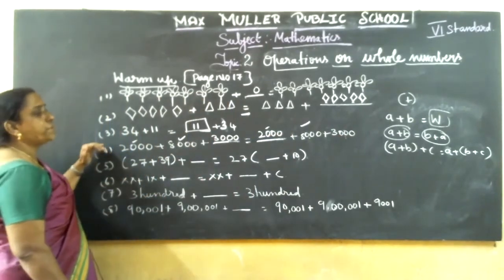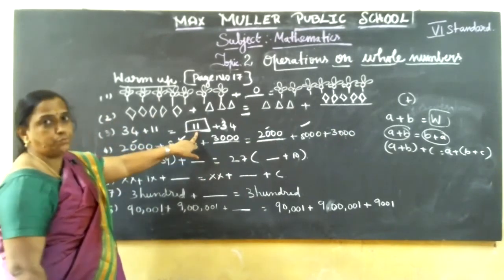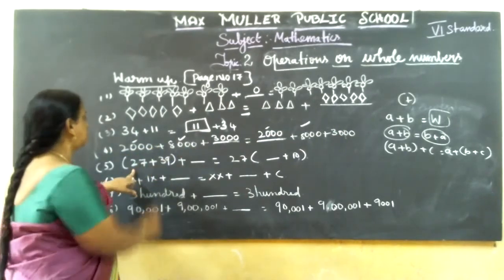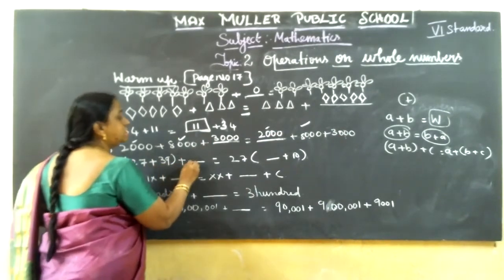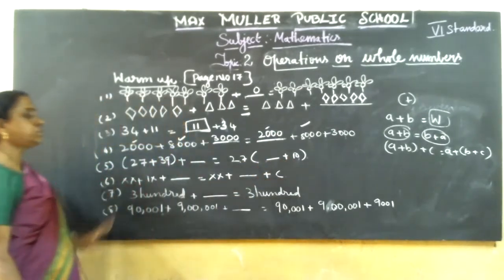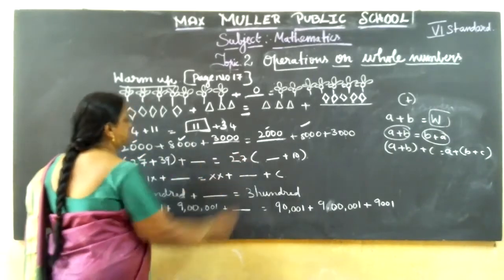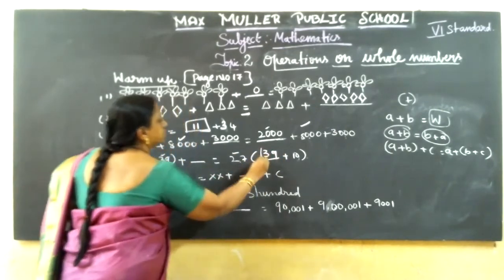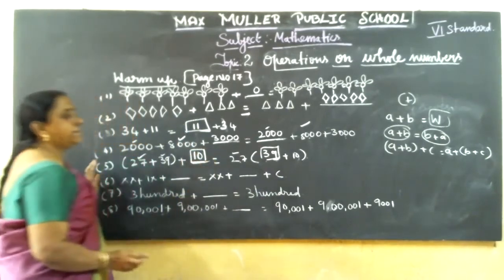So this is which property? 3 numbers are there, associative property. If you change the order also, it won't affect, commutative property. Here also commutative property. If you regroup, this is associative. This is also commutative only. Now 27 plus 39 plus dash is equal to 27 plus dash and dash. So this is associative property. How to make it equal: 27, 27, yes. 39 is not there here, so you can take 39. Here 10 is not there, you write it. Now both are equal. Clear now how to write?